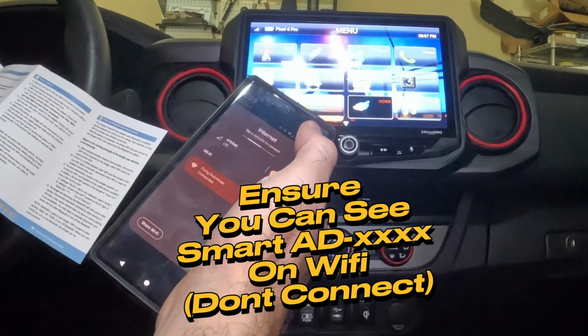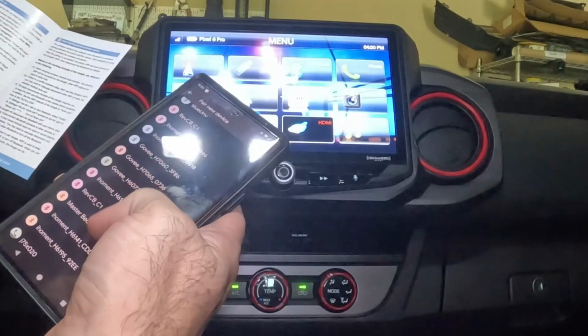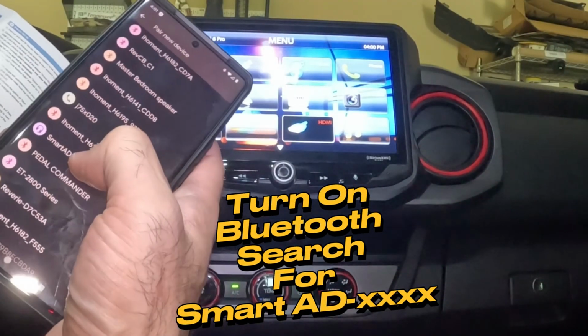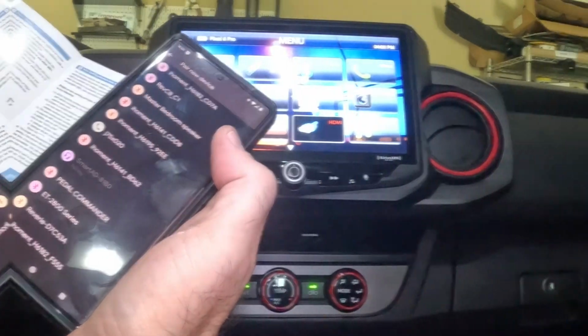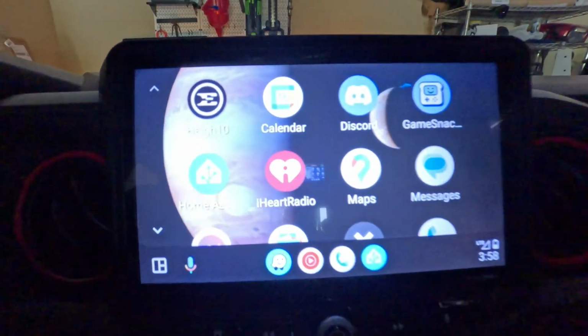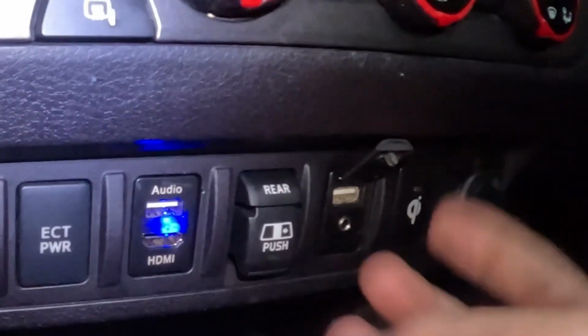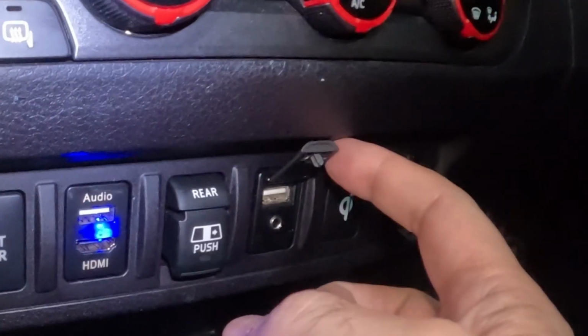Alright, I'm sure you can see the Smart AD on your Wi-Fi. Don't connect to it though, just make sure you can see it. Turn on your Bluetooth and search for Smart AD and connect. That's all there is to it. Wireless Android Auto. You can use the same steps for CarPlay as well, and your USB port will work